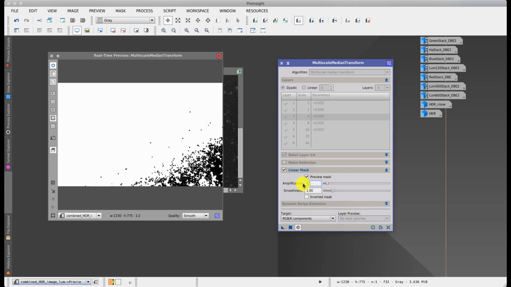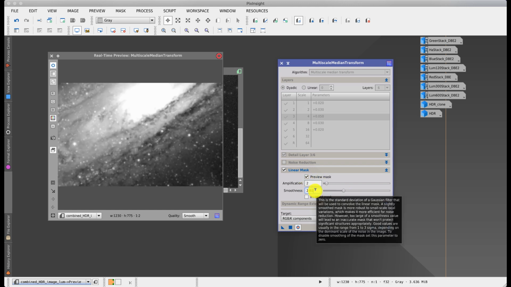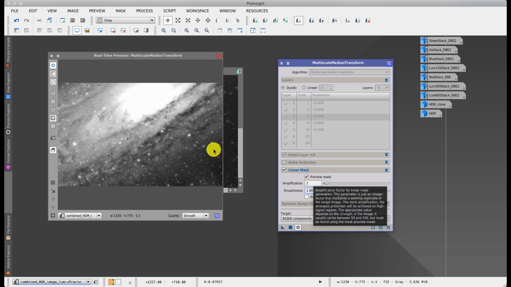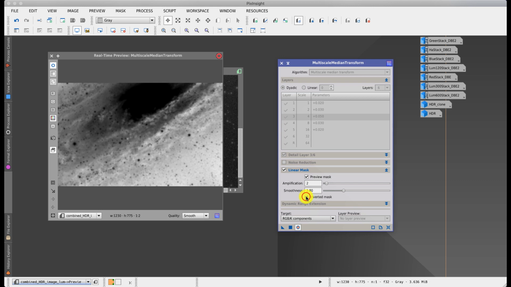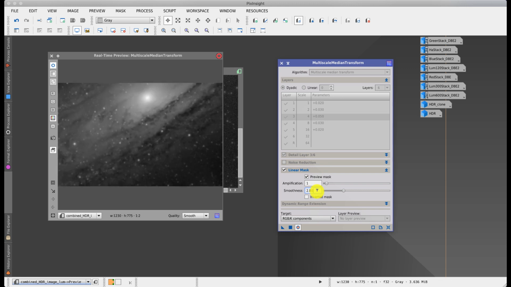I probably need to be somewhere around there. I need to smooth it a little bit, possibly down a bit more. So the black area is the bit that's going to be protected. If I invert it, it goes the other way. In fact, I probably could do with 1. I'll try 1 because that's the most conservative setting. I can undo the preview,